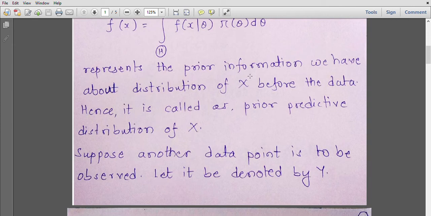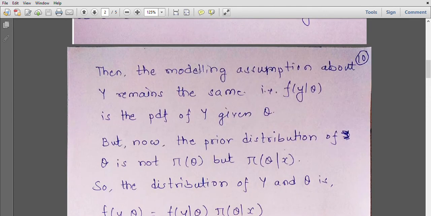Now suppose we have further information that the experiment which generated x is going to be repeated again and another data point is going to be available soon. So suppose this data point is represented by y. So the distribution of y given theta is same as the distribution of x given theta. So the modeling assumption regarding the observable random variable has not changed. So suppose f(y given theta) is the distribution of y given theta. But now because the distribution of theta has got updated to pi(theta given x), so at the time of observing y,